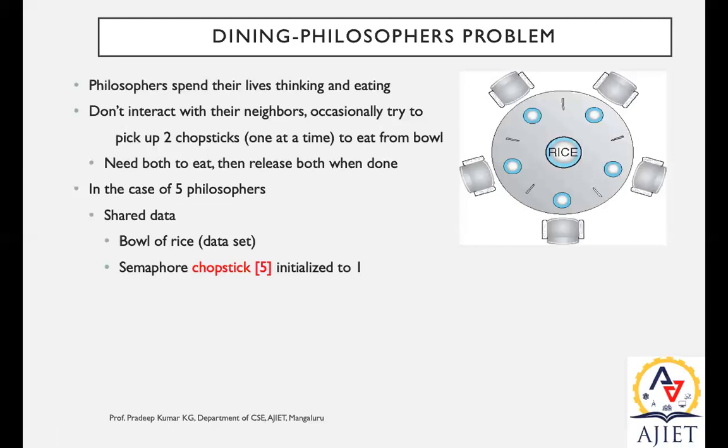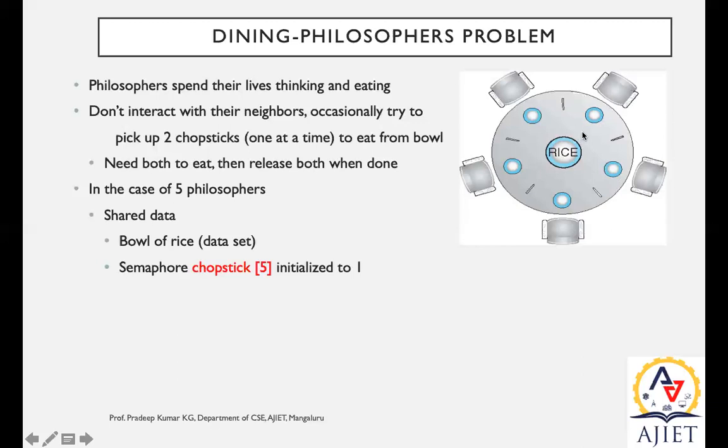Hope you understood. So there are 5 philosophers sitting around this particular single table. They are sitting in their own individual chairs. They have an individual plate. So in front of them, they have one bowl of rice. From this, they're supposed to carry the rice to this particular plate, and consume it using 2 chopsticks. Using 1 chopstick, the philosopher can't eat. But one at a time, they can pick up 1 chopstick. So their job is to eat the rice and think.